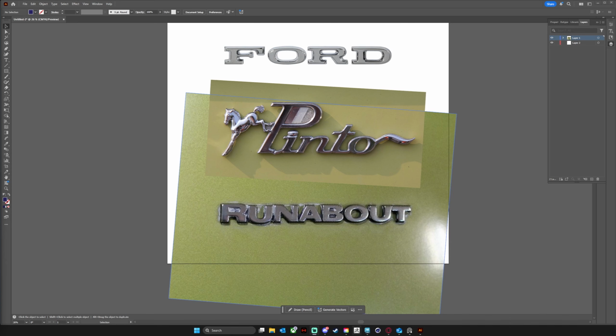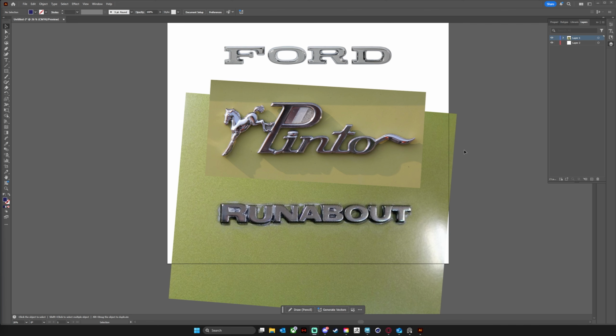All right, now here we are in Adobe Illustrator, and we're going to start working on the emblems. For most brands of cars, they're going to have custom fonts for their emblems. They probably have a designer on staff that just makes their font for them, right? So chances are you're not going to be able to find the same exact font for your car emblem that